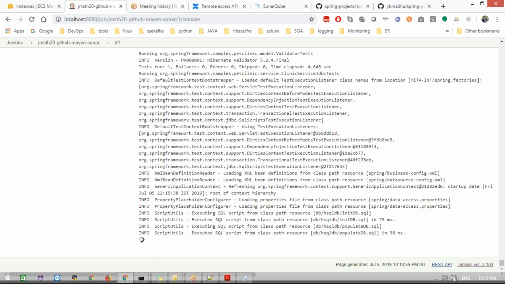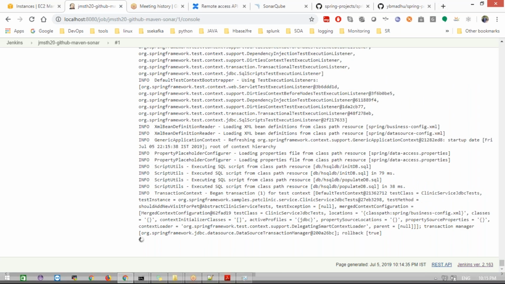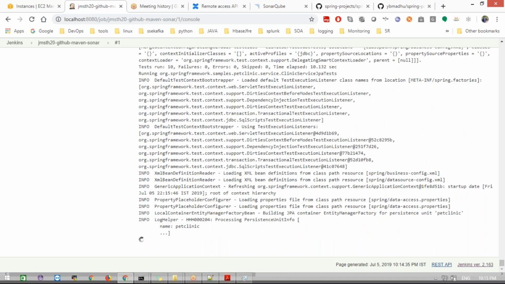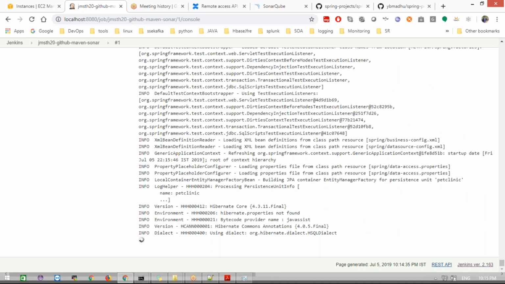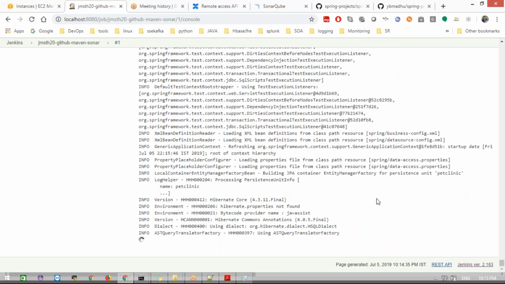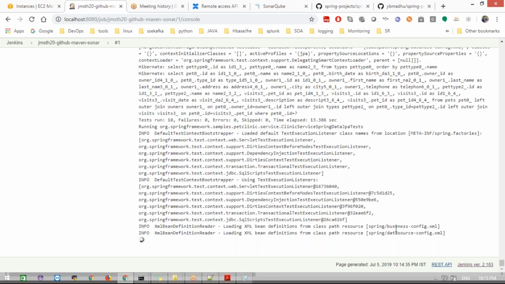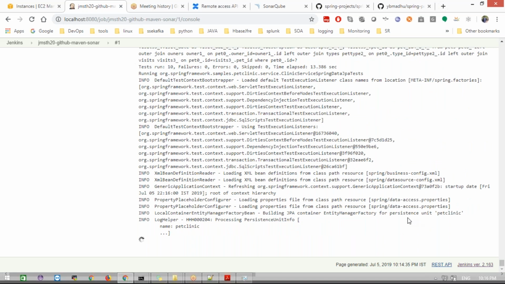I have given my main things, whatever I required, that's what I'm giving. If you want to add Cobertura, we integrate with Cobertura. That is also one of the graphical representations. It will show that. Remember the name Cobertura for analysis purposes. That is also one of the analyses we can do, integrating Sonar cube with Cobertura.